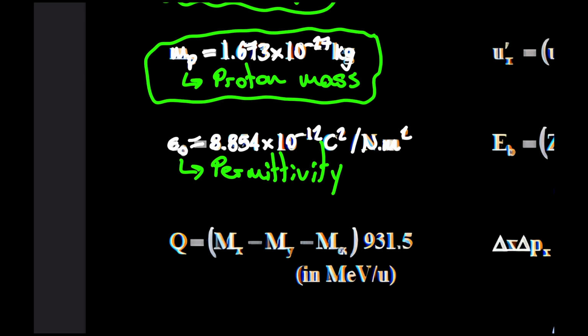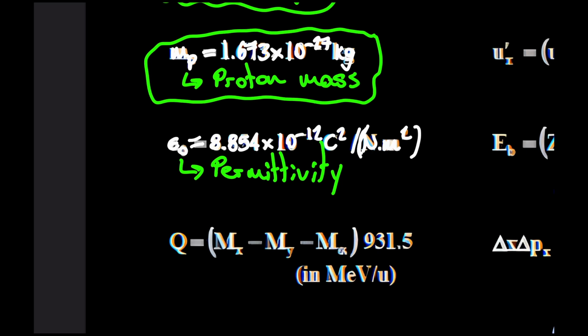Let me check permittivity constant. It could be that, or it could be permeability. No, this one's permittivity. So here they give it in Coulomb squared per Newton meters. By the way, it's important to know that we're dividing by this entire Newton meters thing. This is on the bottom, and C squared is on the top. There's another way of writing it with farads per meter, but